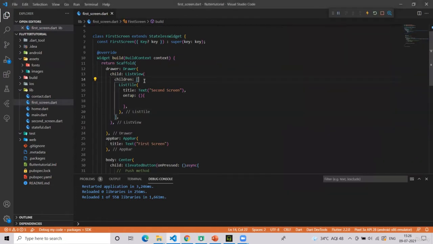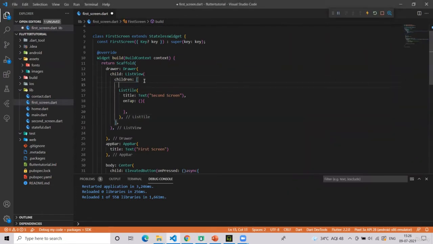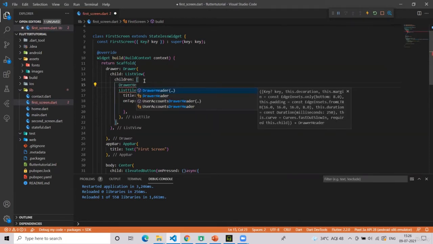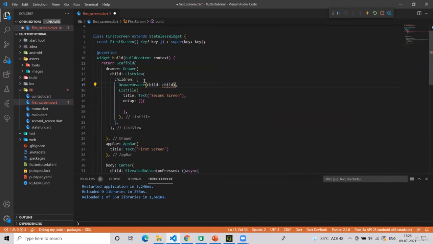Also, if you remember, there is a drawer header as well. If you remember the Gmail app, in the header there are some account details such as username, profile picture, those things. You can have that using user account drawer header.